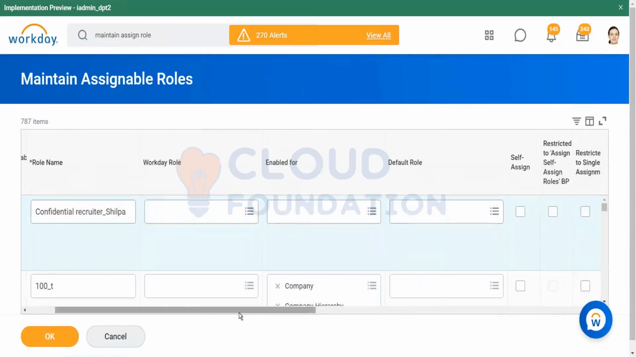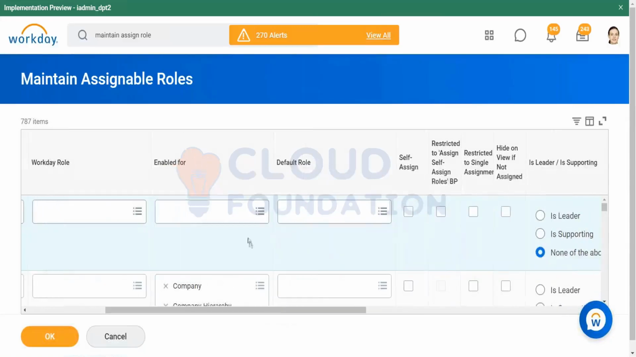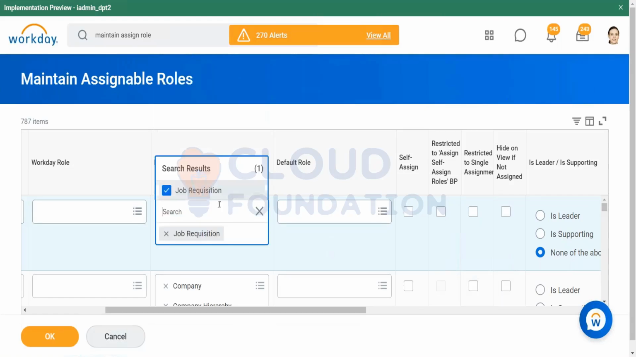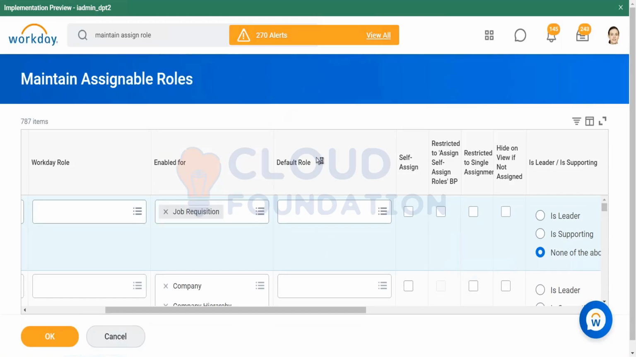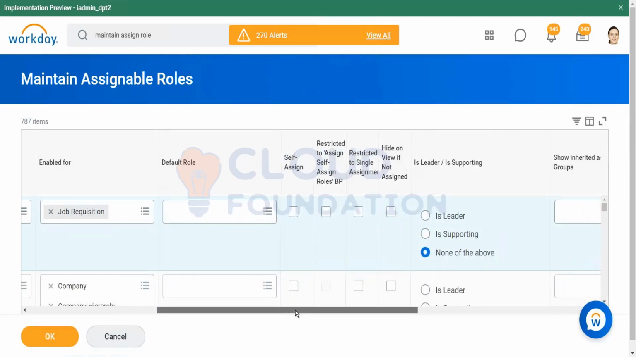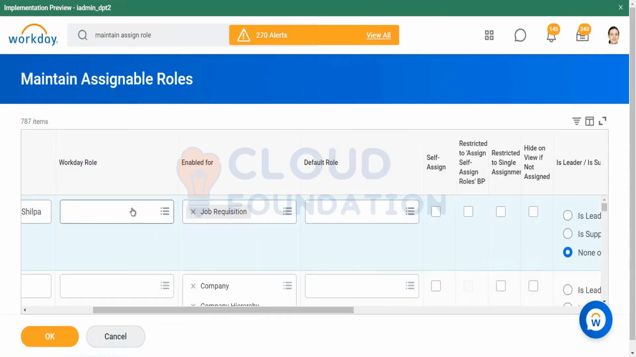So for primary recruiter, we have put in here primary recruiter, right? And only one primary recruiter assignable role could be present. But for confidential recruiter, we will only add over here job rec. Job rec. There's no Workday role for this confidential recruiter. No. Okay. Yeah,